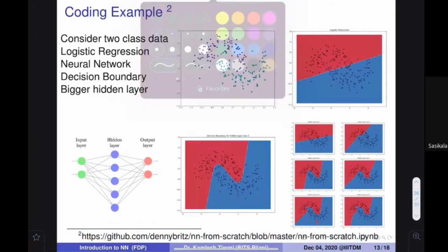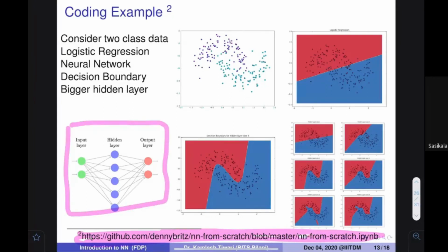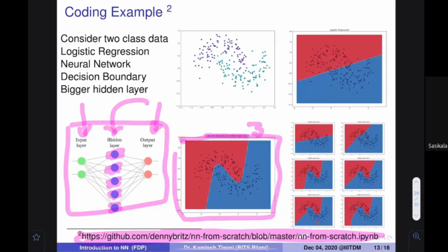The paper proposes that you use this kind of network. It is a simple network. How many layers are there? Only one hidden layer, one output layer, and one input layer. So how many neurons are in the hidden layer? With that we are going to vary. When you use 3 neurons, this is the decision boundary that you get.